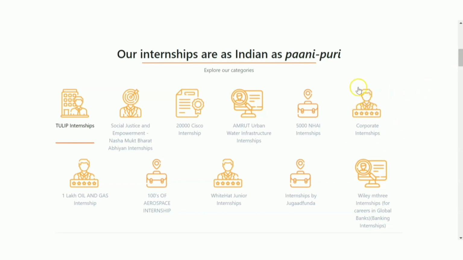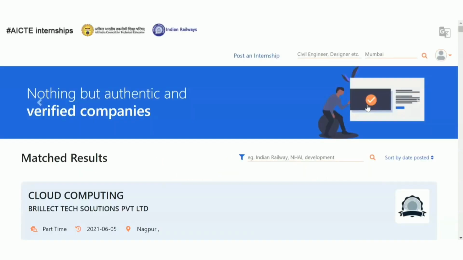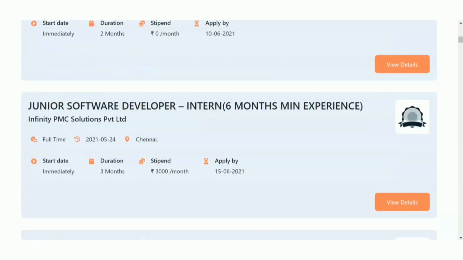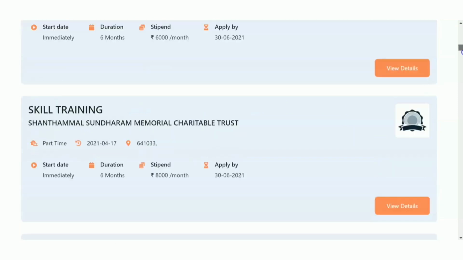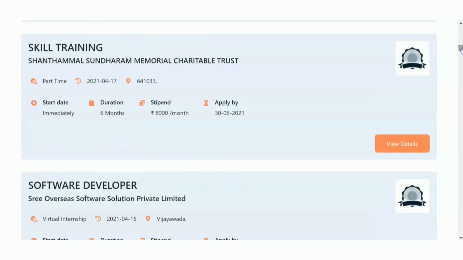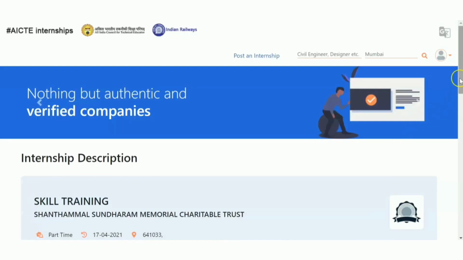First we are going to see the corporate internship section, so I'm going to click on it. Now you can see the corporate internships. These internships are mainly calling for engineering students, whichever branch you belong to. All second year and third year students are eligible here. If you open these various posts, you can see various openings, and if you see the details, they are mainly concentrating on the engineering category.